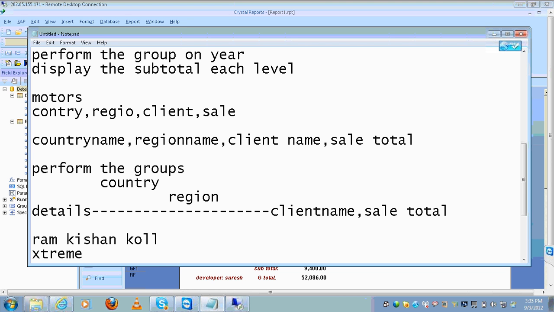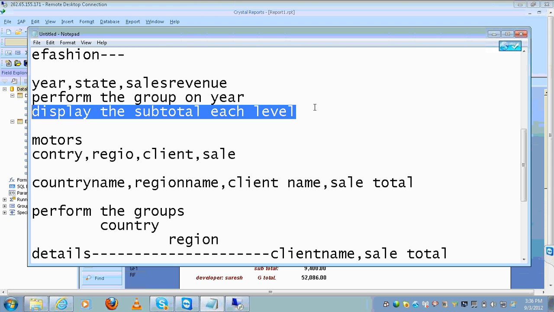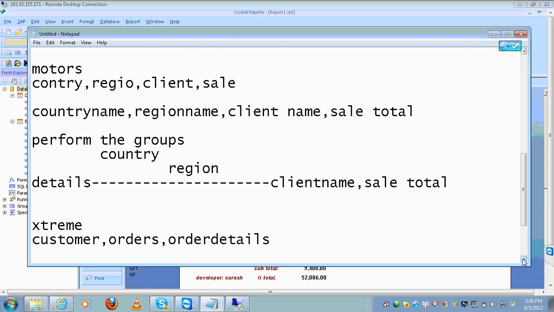Wow, what happened? I copied something and it is displaying something else. Somebody is operating my system. Okay. And also,